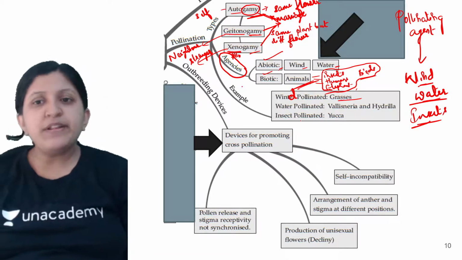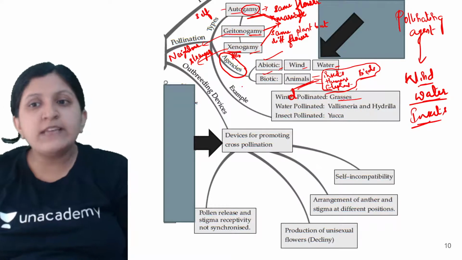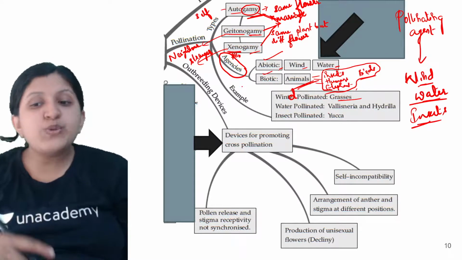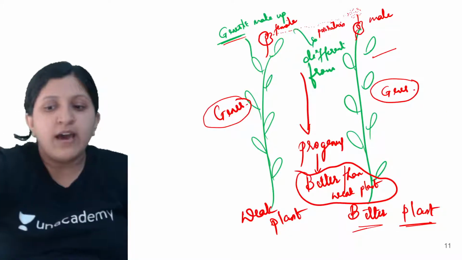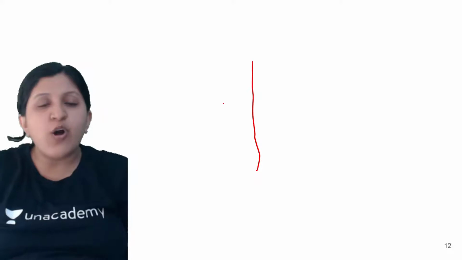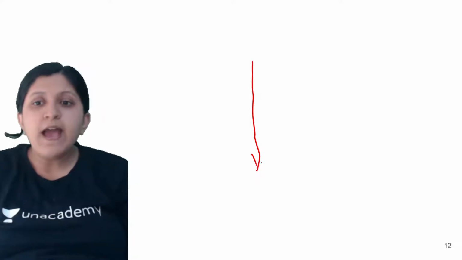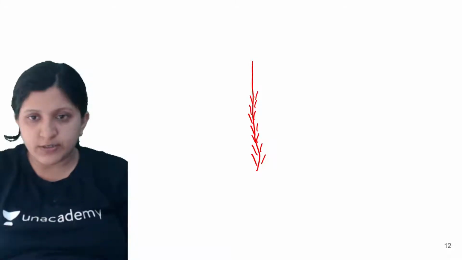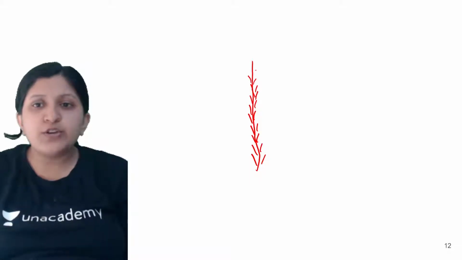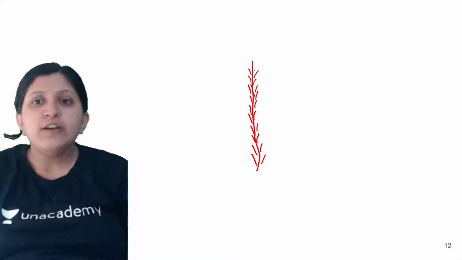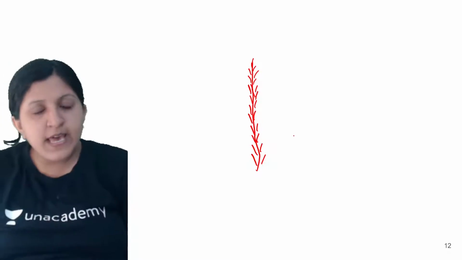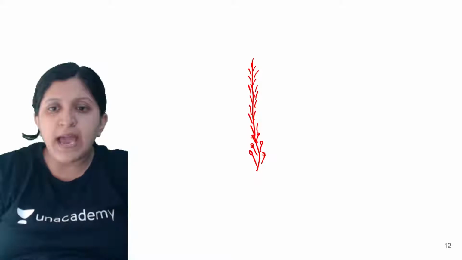Okay, so here in this case, wind pollinated can be the grasses, because whenever wind pollinated flowers are there, you can see inflorescence will be there, so that is a common floral axis, and you can see many of the flowers arranged onto this inflorescence. Okay, so that is a bundle of flowers, a group of flowers you can find. So this can be the inflorescence, where you can see multiple flowers arranged on a common axis,